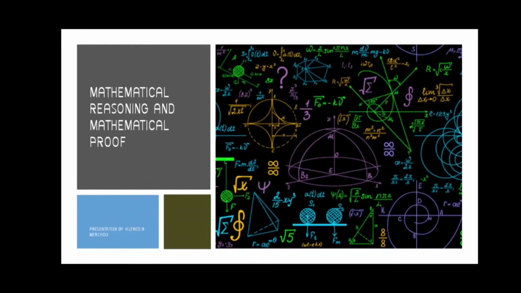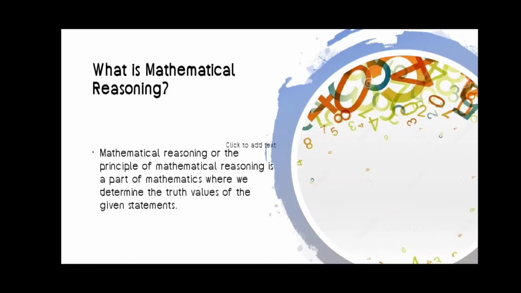Today we will tackle mathematical reasoning and mathematical proof. First, what is mathematical reasoning? Mathematical reasoning, or the principle of mathematical reasoning, is a part of mathematics where we determine the truth values of